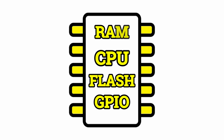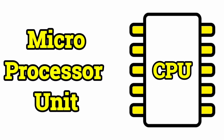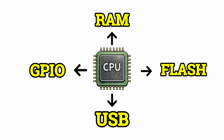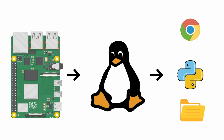But what if we remove the RAM, flash memory and peripherals from the microcontroller, leaving only the CPU? That is called a microprocessor or MPU. An MPU mainly contains only the CPU. To work properly, it requires external RAM, external storage and other supporting hardware. This architecture allows MPUs to run operating systems like Linux, making them ideal for devices such as Raspberry Pi and